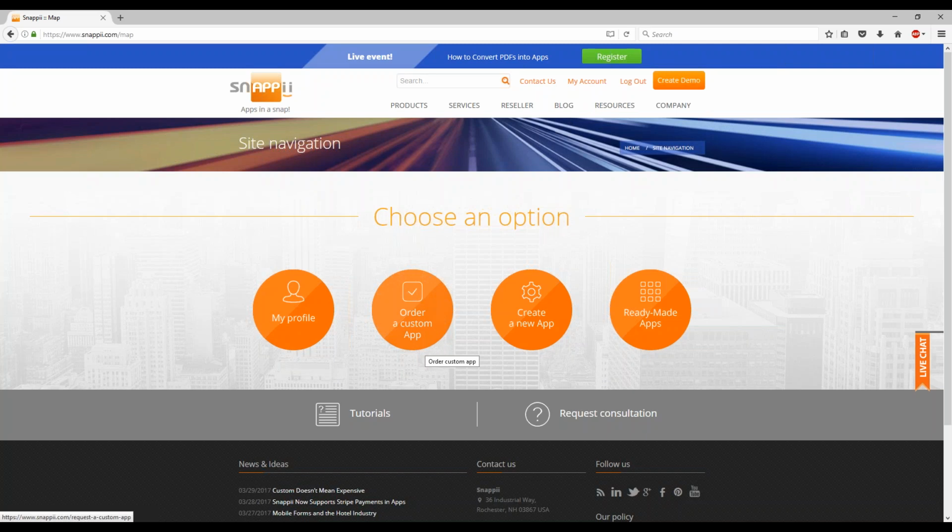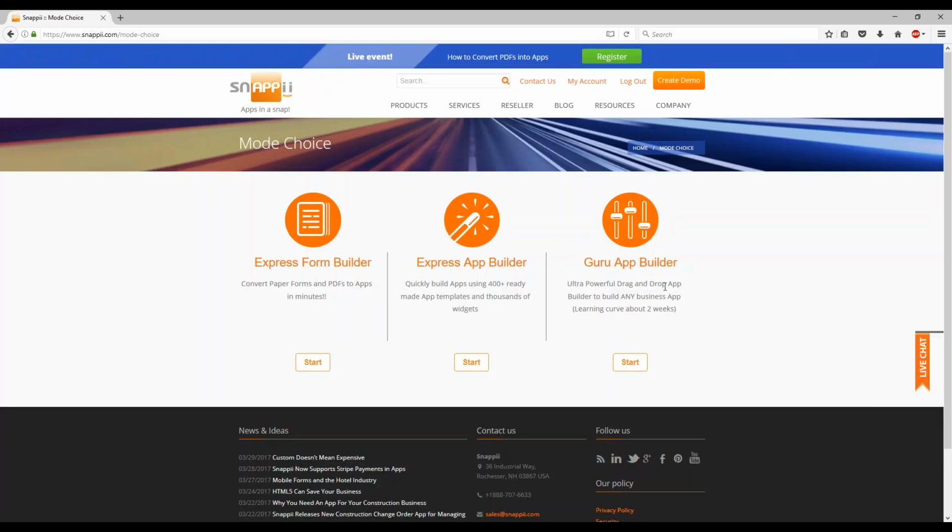Obviously, if you think that creating an app yourself is a little bit daunting, you probably want to just order a custom app. We do it for very cheap compared to other app shops, so it's still, I would think, a viable option, especially if you're going to be using this app or piece of software extensively. But let's get on with it. What you want to do first is go to create a new app,